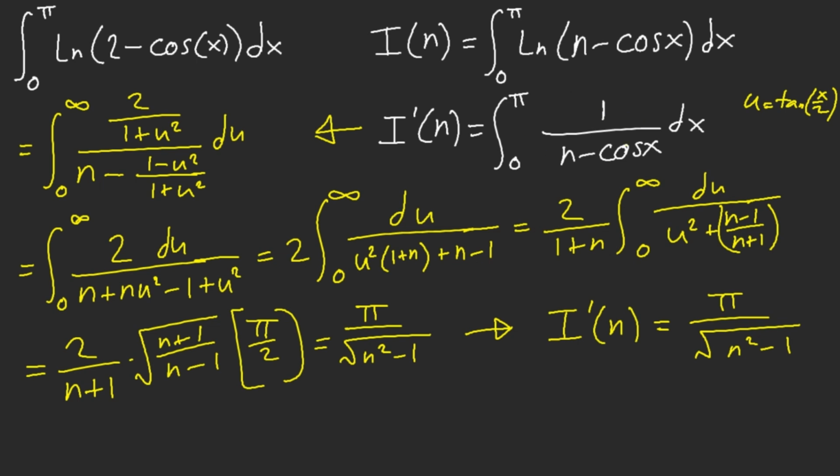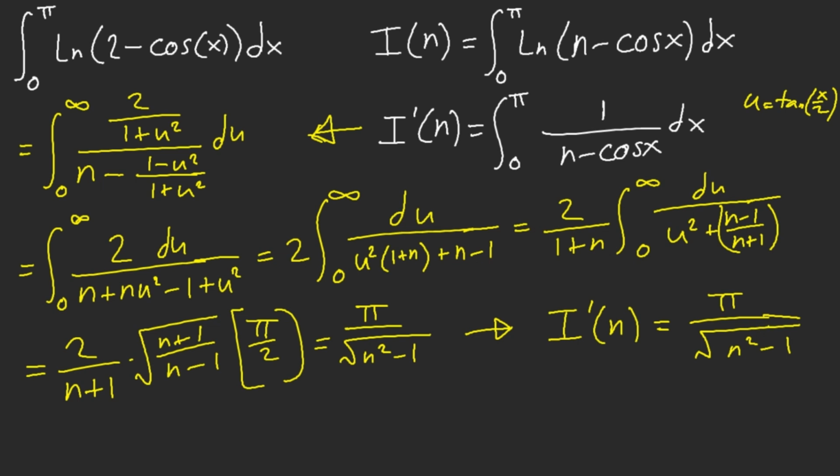I know, right? This right here, using Weierstrass, it could be a little scary, but we just gotta do it. You know, just breathe and just do it. Just do it, okay? So now we're here, and look, we kind of persevered through it, and this is the beauty we get. So we have I prime of n equal to pi over the square root of n squared minus 1. Okay, awesome. So now let's go ahead and